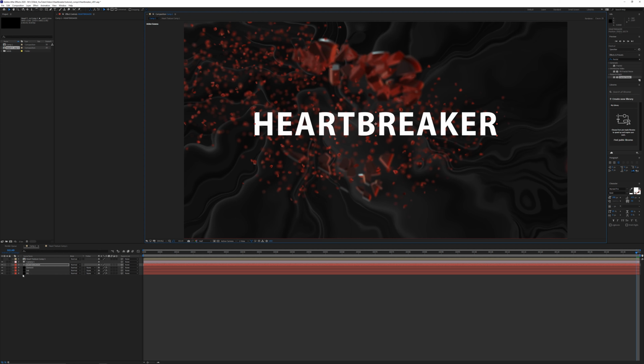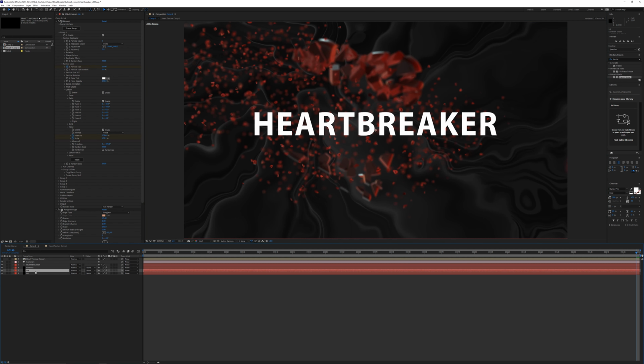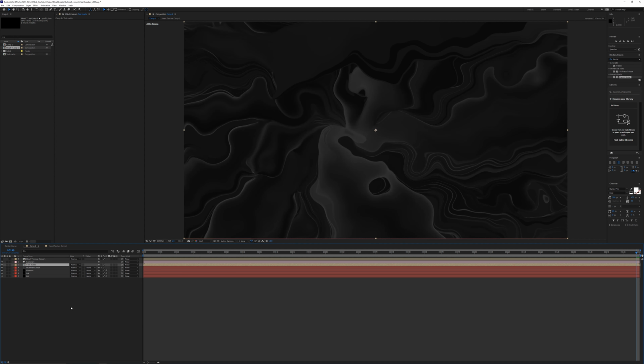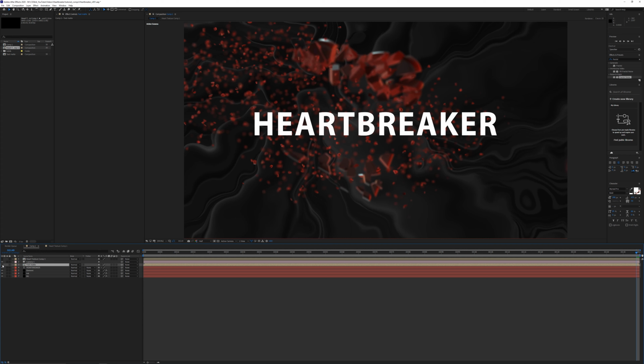That's fine. And then for the matte, we're actually gonna use this ink layer. Let's duplicate that, place that above Heartbreaker text, and then I'm going to pre-compose. So I'll just call this text matte, and then I'm going to move all attributes into the new composition. Click OK. I can turn this layer off and then go inside the comp.